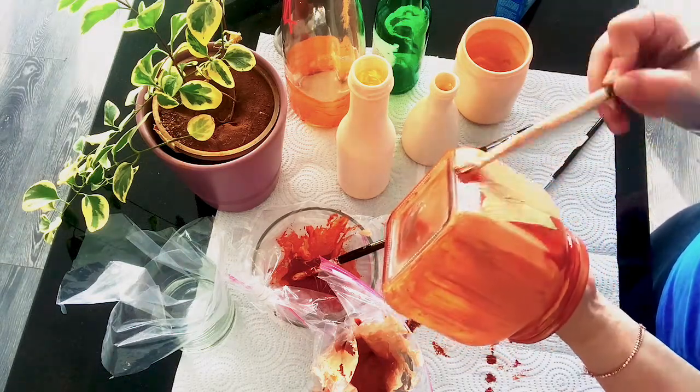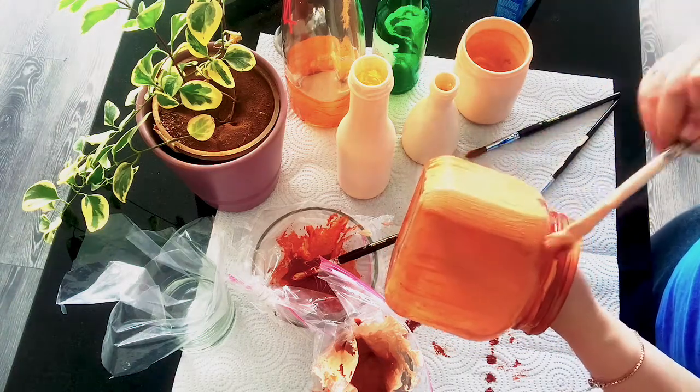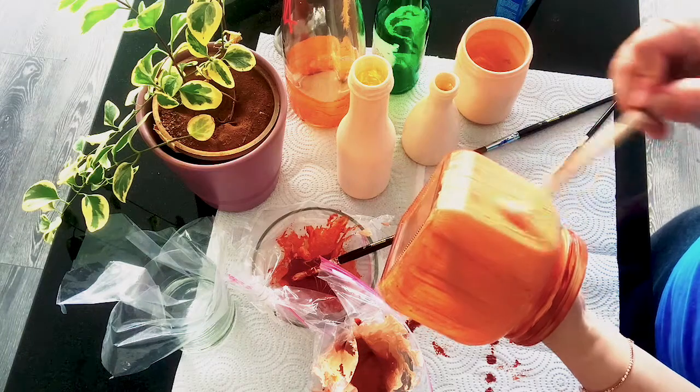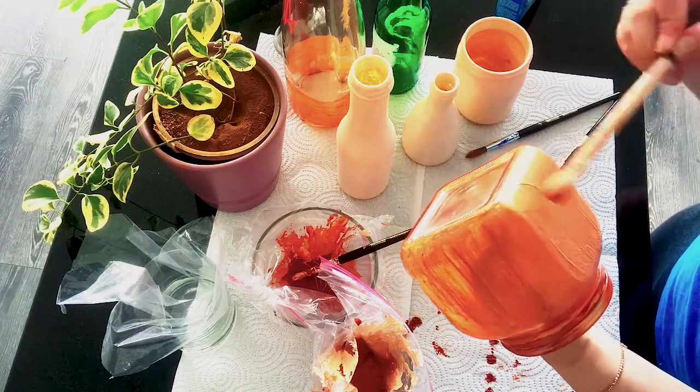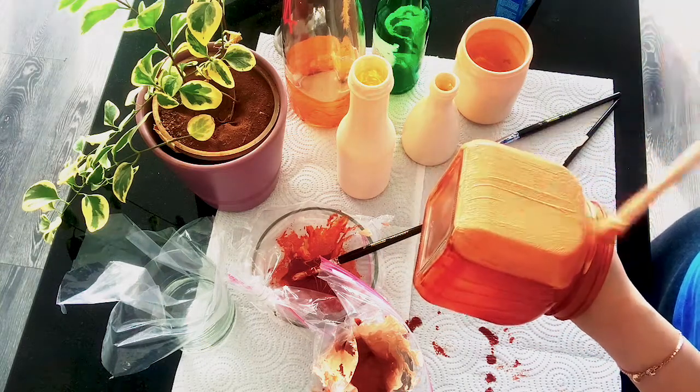It's a nice effect because the reddish brown didn't fully dry yet, and we added on it this lighter tone, so it gave it